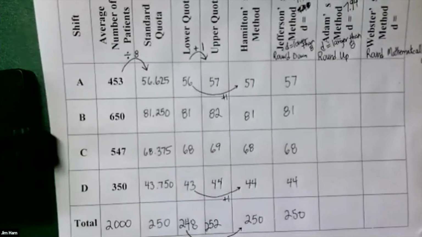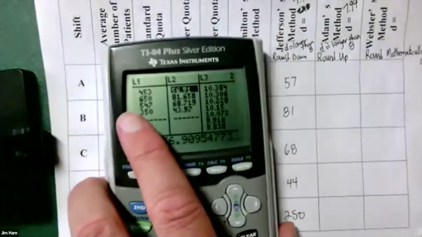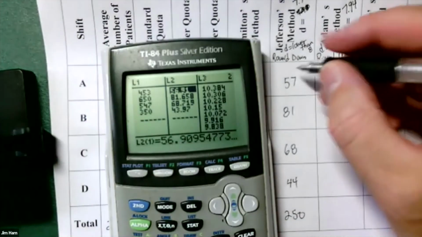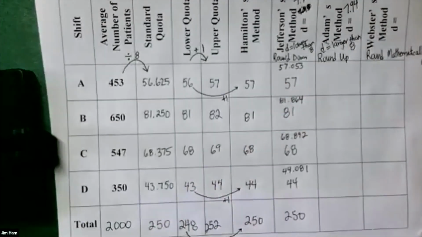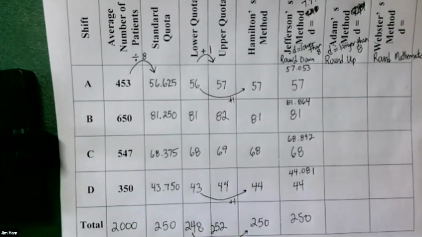I am going to write the decimal versions just so you can see them. Again, please note that we're not rounding these mathematically, we're truncating, we're rounding down. Rounding down is the same thing as truncating the decimal. All right, for the next method, Adams's method, here's how you might want to deduce what an appropriate modified divisor